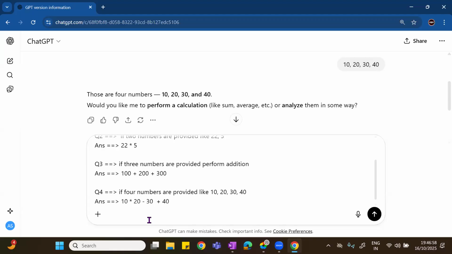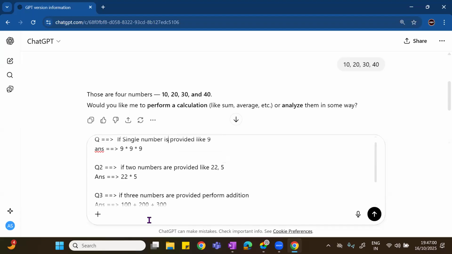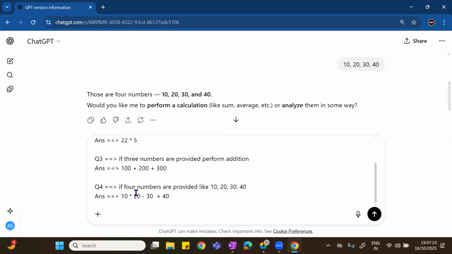So the rules are: if one number, cube; if two numbers, multiplication; and like this.